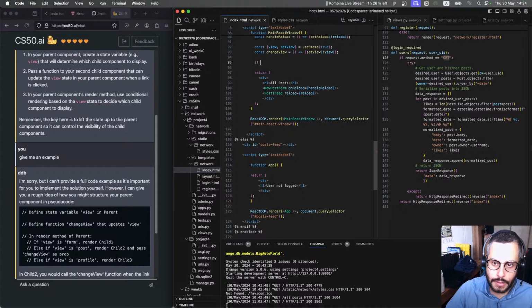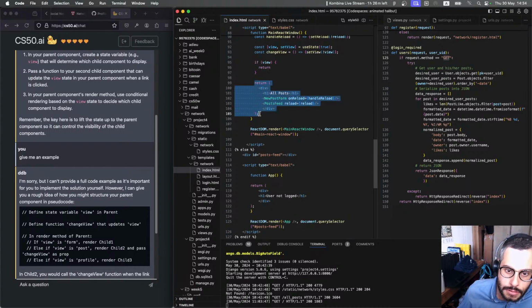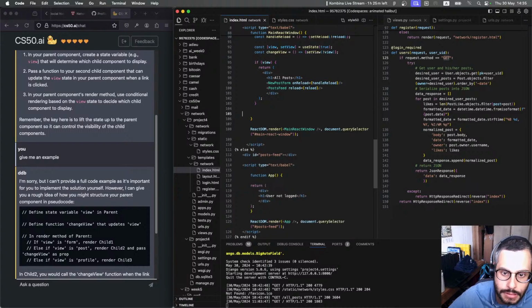So if, again, if we have our view variable, which is true, then we're going to return this. Yeah, this is what we want. That looks good, very good. And so there's that. Else,